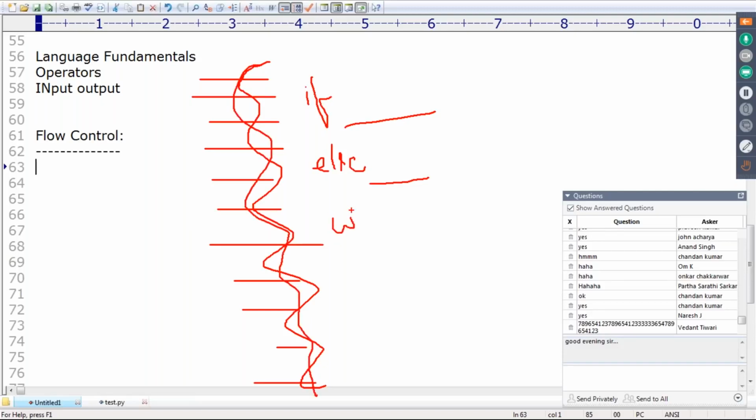If suddenly a while loop comes, then under the while loop a group of statements will be there, and all this group of statements will be executed. Such statements which guide the flow are flow control statements.